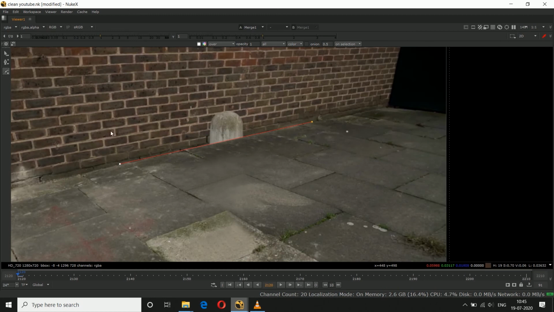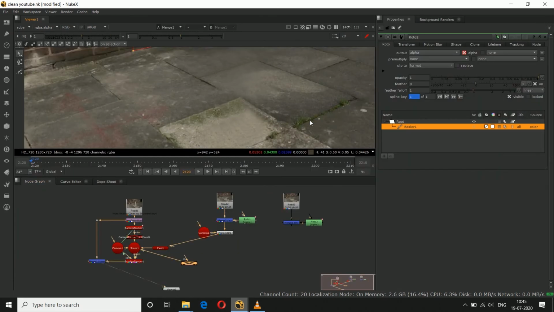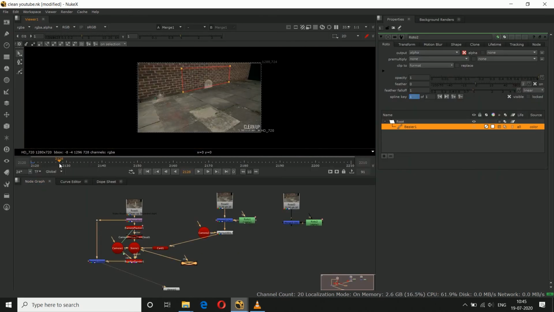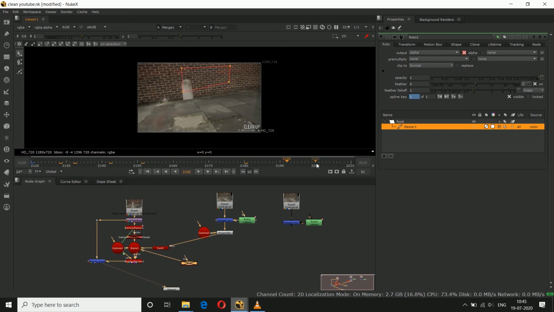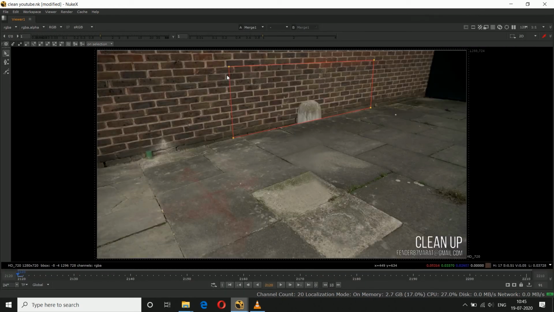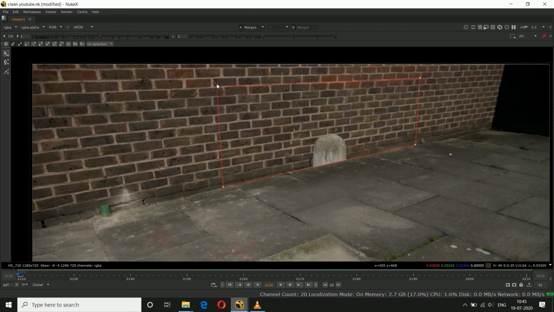Remember that our pillar should be inside the roto. Okay, so we'll play once and see. So it is going out, so we need to increase the roto size. Okay, so we'll increase it a little bit.